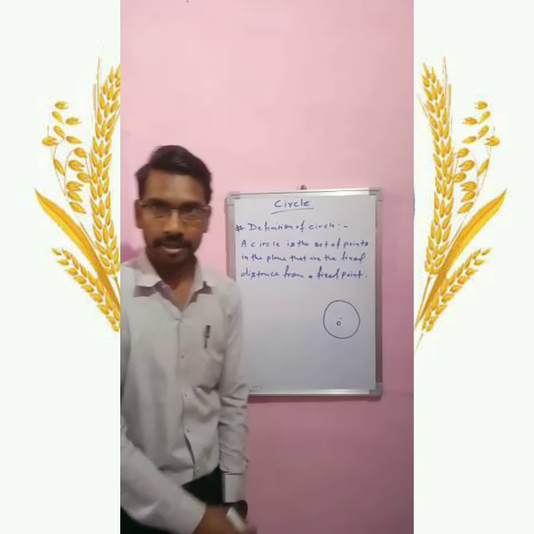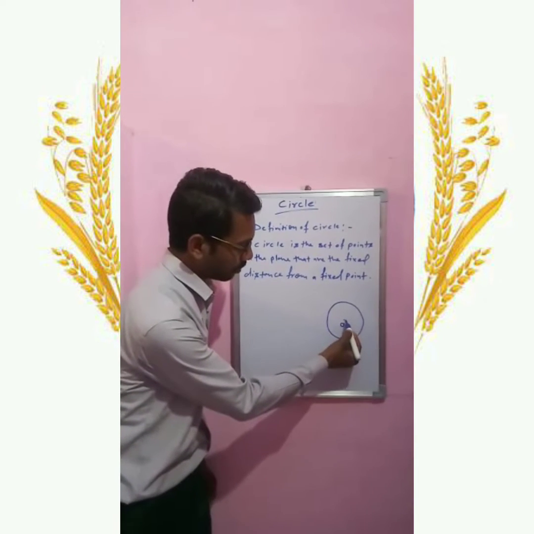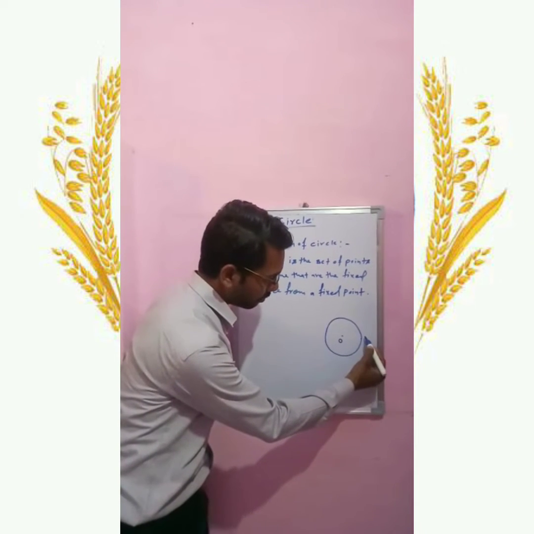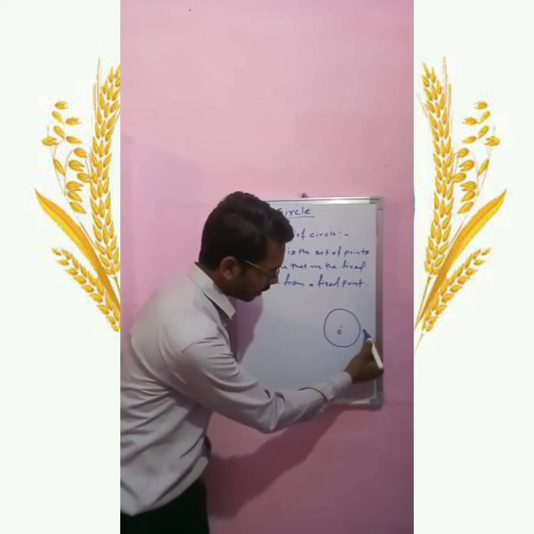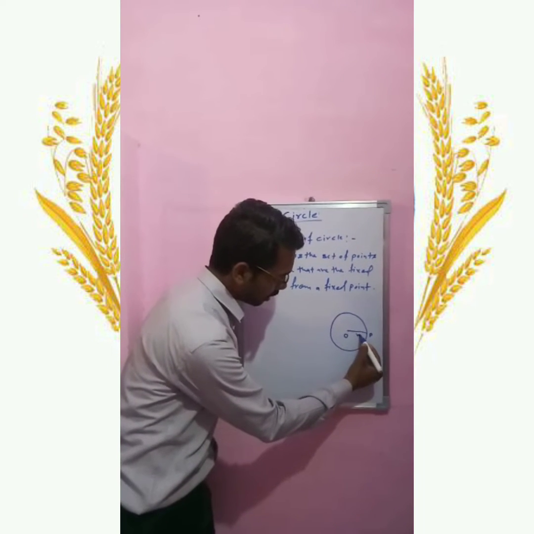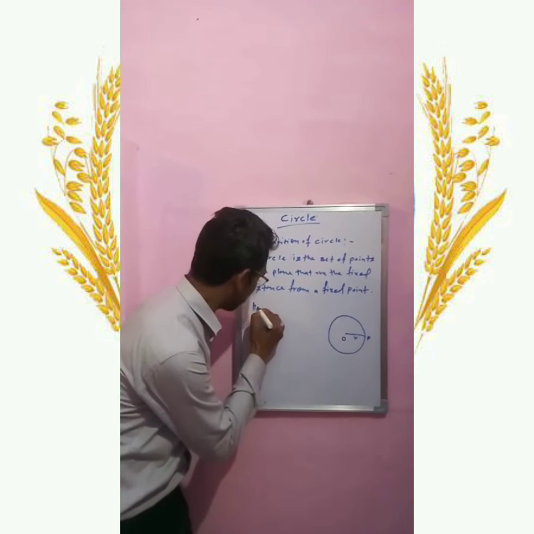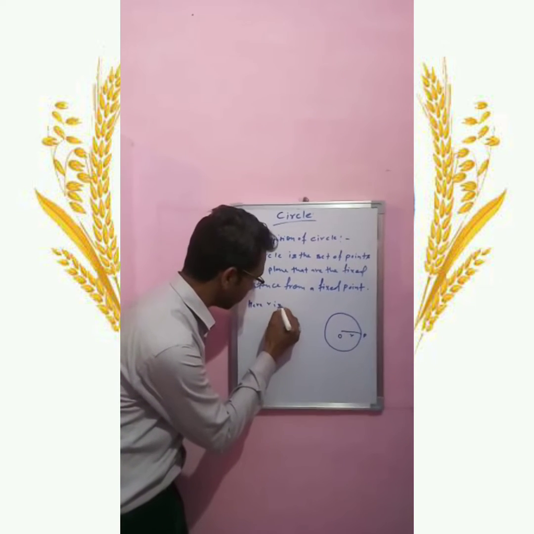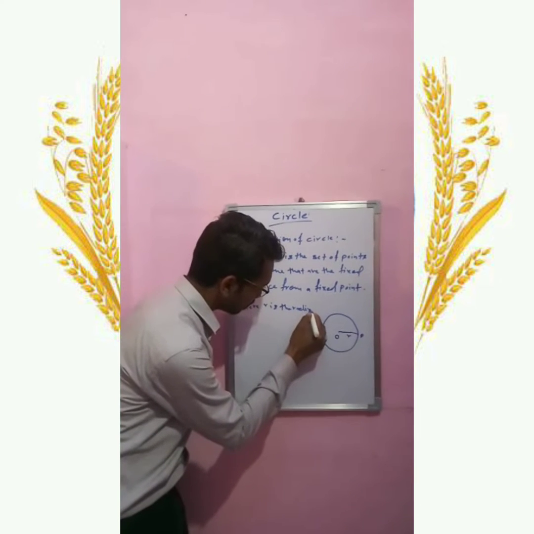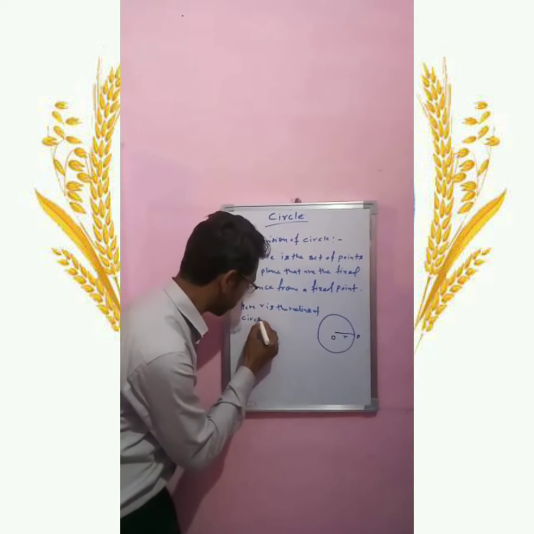fixed point. Here, a plane, and point O is a point, and another point at any plane P, and the distance between O and P is R. Here, R is the radius of the circle,